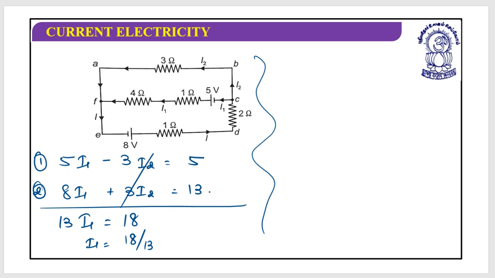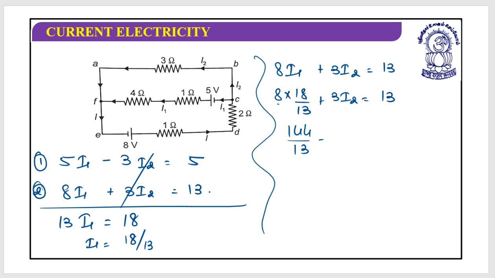Yes, I got the I1. Now let's put the I1 in one of the relations and get it done. It's 8I1 plus 3I2 equals 13. So this is 8 multiplied by 18 by 13 plus 3I2, that should be equal to 13. 18 8s are 144, divided by 13, plus 3I2 equals 13. So 3I2 is equal to 13 minus 144 divided by 13. It's 13 into 13, we are taking LCM, it's 169